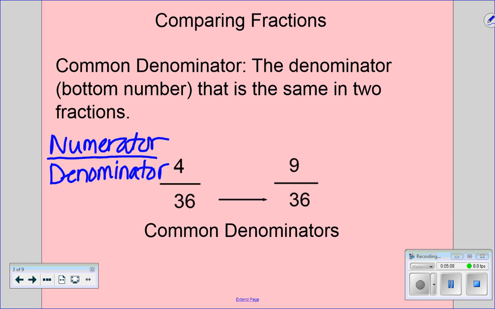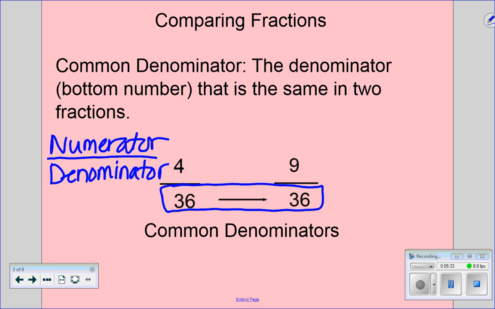You have to be able to compare two different fractions. You have to have the same denominator. That's the only way you can really compare the two. Because to me, I think of a denominator like pieces of a pie. So I think of a pie, and I think, okay, this pie has 36 pieces in it. Okay? And if there's 4 pieces out of the 36 left, or 9 pieces out of the 36 left,